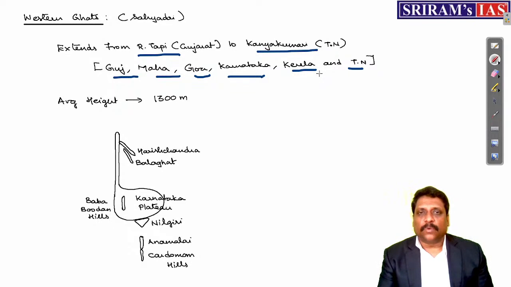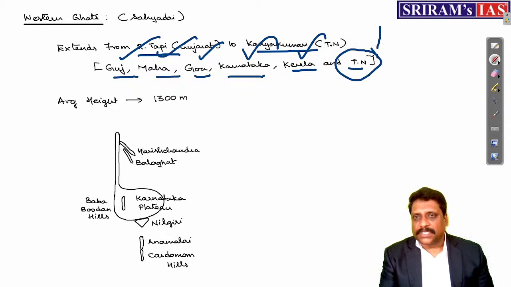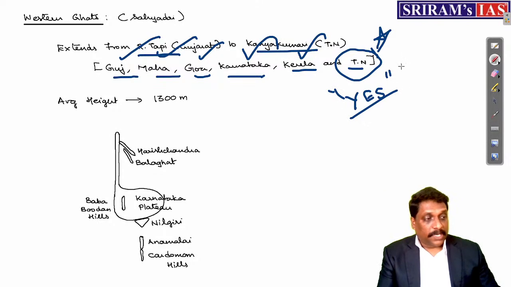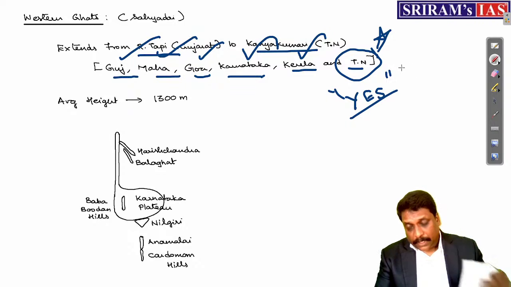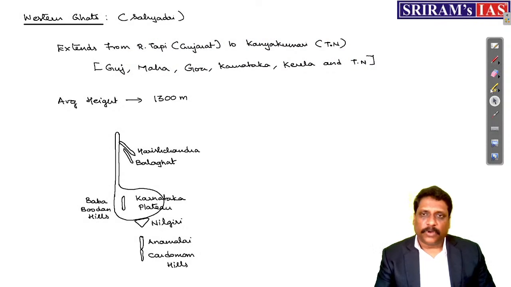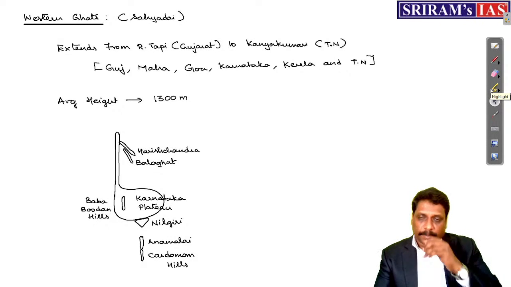Now, immediately you may wonder, what is this? When I talk about the Arabian Sea coastline, Gujarat, I'm okay, Maharashtra, I'm okay, Goa, I'm okay, Karnataka also, I'm okay, Kerala, I'm very much sure. But what about Tamil Nadu? Does Tamil Nadu have a coastline with the Arabian Sea, if you ask me? Answer is yes. Kanyakumari is called Triveni Sangam. Kanyakumari is the place where 3 water bodies mix with each other. What are the 3 water bodies? Bay of Bengal, Indian Ocean, and Arabian Sea.